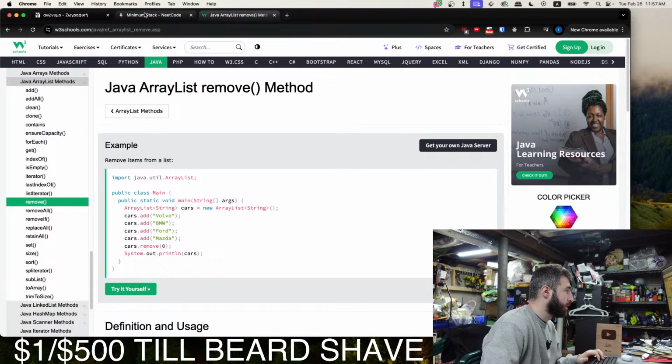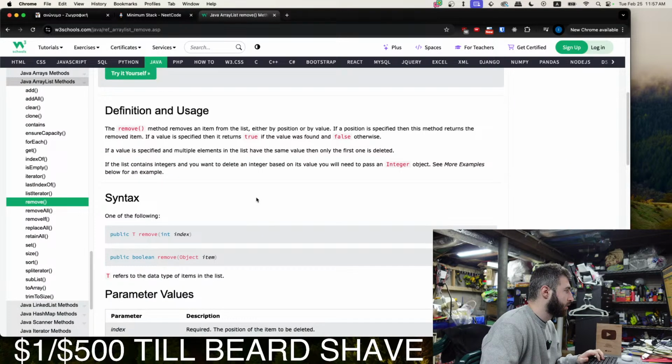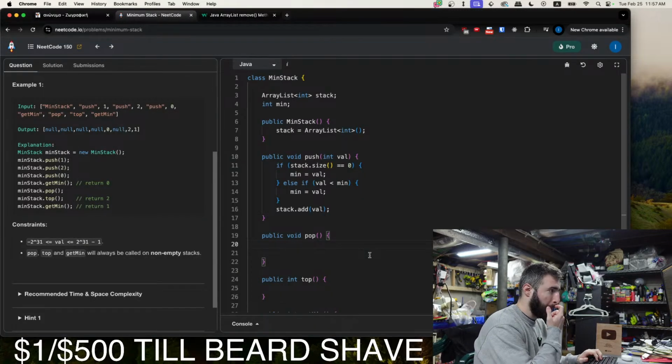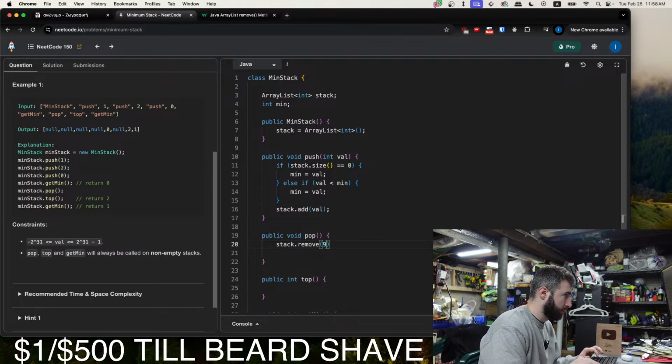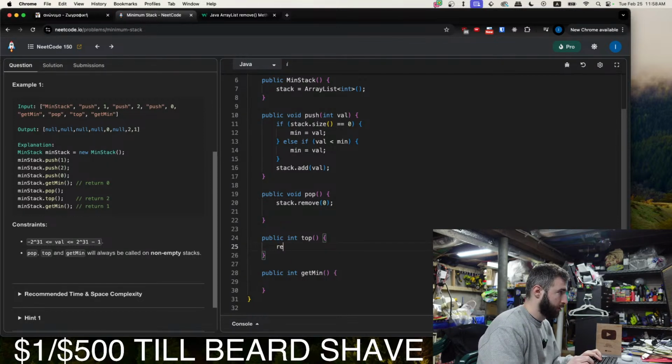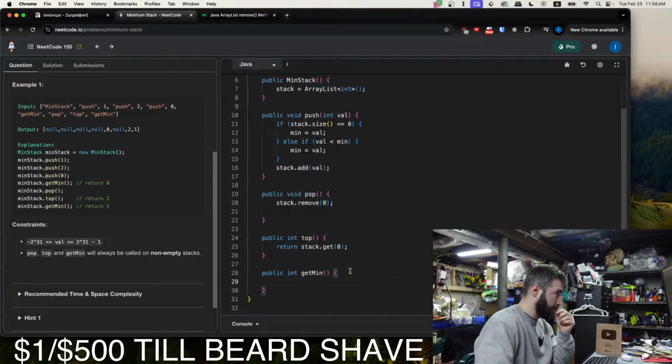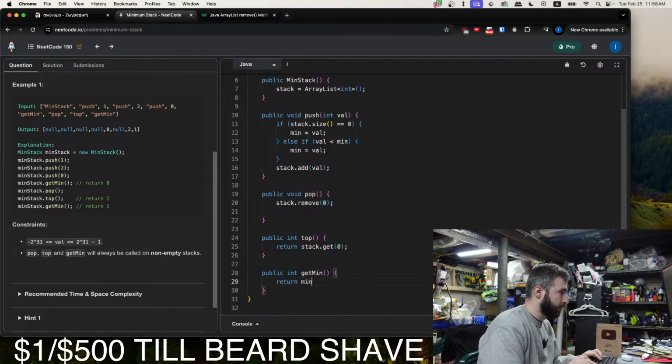Either by position or by value. Right. So we'll just remove 0. And pop will always be called on a non-empty stack, so we don't need to check if it's empty. We can just call stack.remove 0. Top, we just return stack.get 0. Int get min, return min.